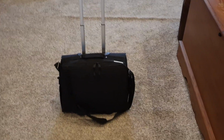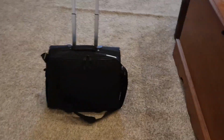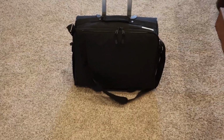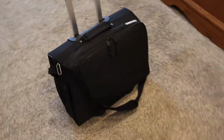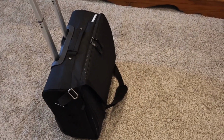Well, there you have it. There is the bag, fully loaded. As you see, the handle is extended. Like I said, it does not take up a big footprint. From here it looks like it's about the size of a briefcase, just a little bit thicker. But this bag will save you a lot of money. I think